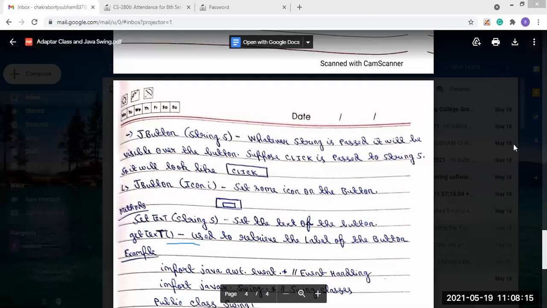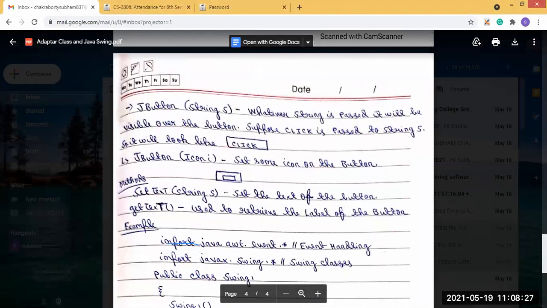It is the same as in AWT, only the name differs: in Swing we use JButton instead of Button. So first we will see a simple program, because if we see a simple program, it will be clear. In this simple program, you will see what we have done. First, you can see we imported